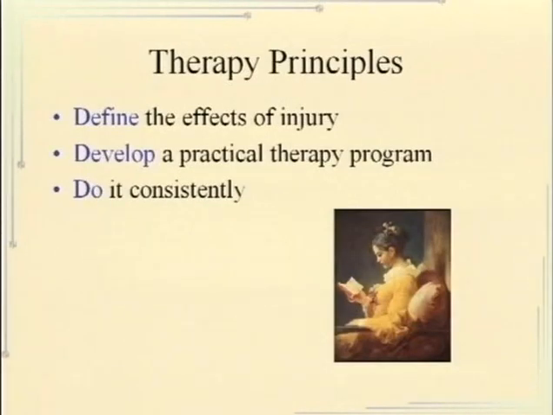So given that underlying combination of things that affect someone's walking pattern, the principles of therapy, I think, should be to define the effects of the injury, how much of those 4 different components are making a difference in that person's ability to walk. Develop a practical therapy program, and I put practical in this because I think oftentimes there's this need to do something